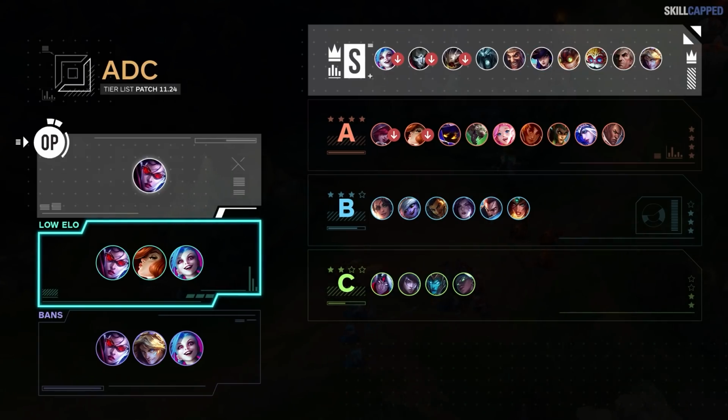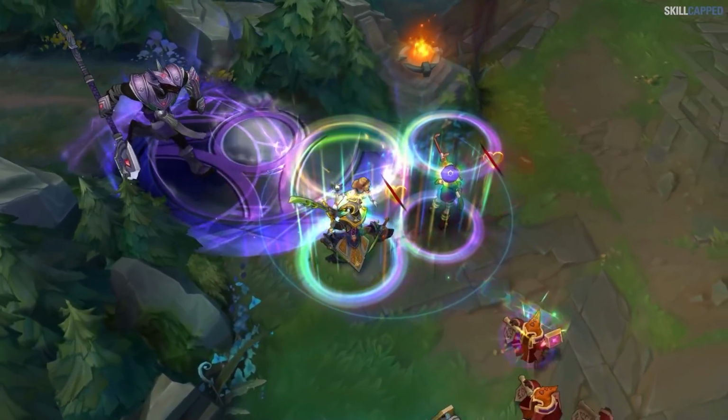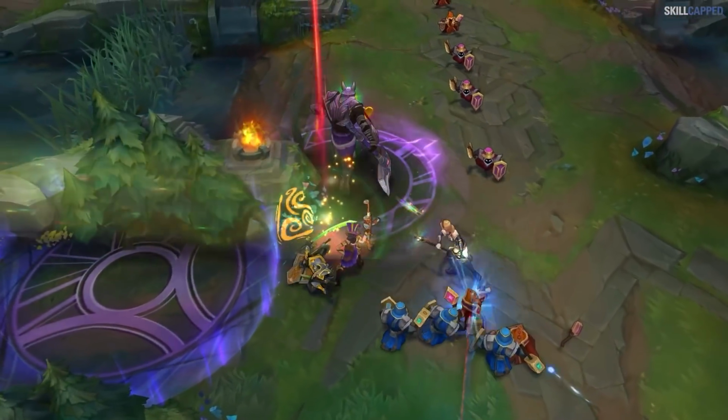Vayne, Misfortune, and Jinx are our 3 low elo recommendations of the patch, while Vayne, Ezreal, and Jinx are all great ban choices. One support garnering a ton of attention by pro players who's an OP pick for 11.24 is